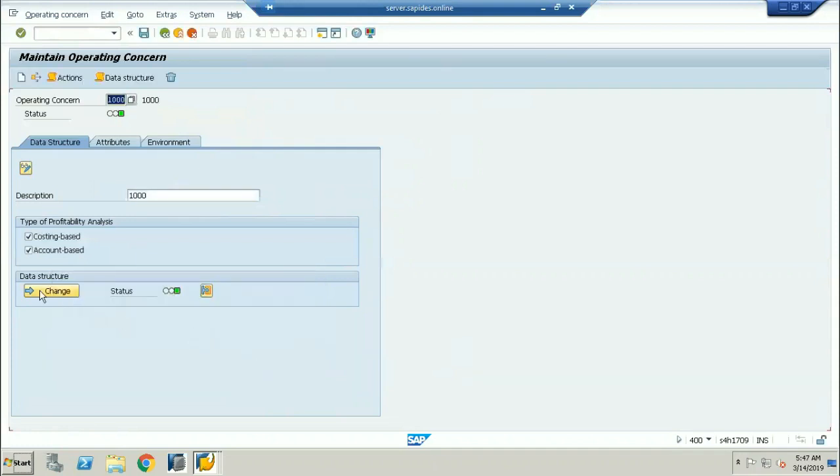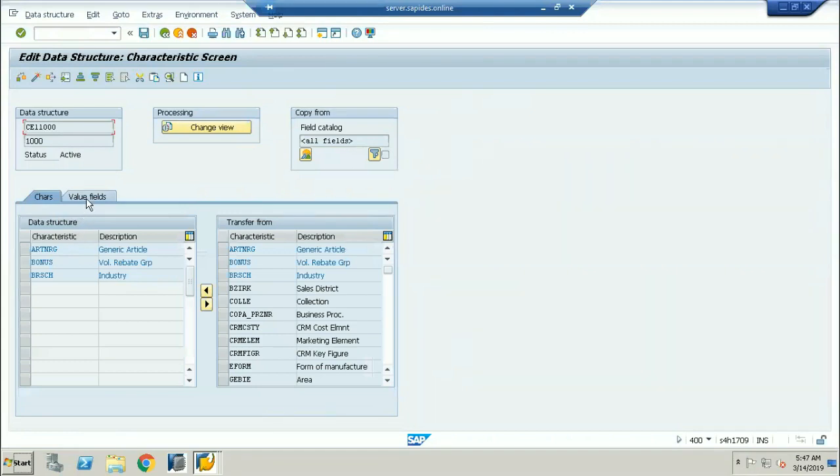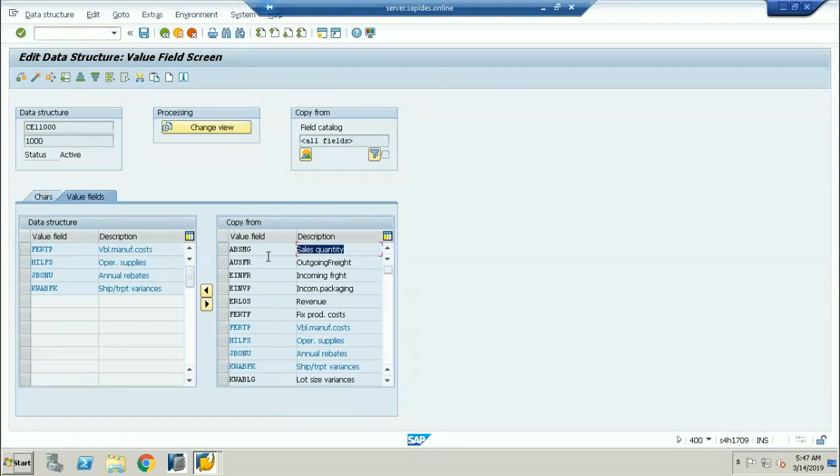and if I go into the change, I'll go to the value field. So here you can see the number of value fields. The sales quantity is one of the value fields. Like this, we have several variances also being taken. In SAP we can take up to 99 as the maximum number of value fields, which we can consider for knowing all the cost and quantity related about once the